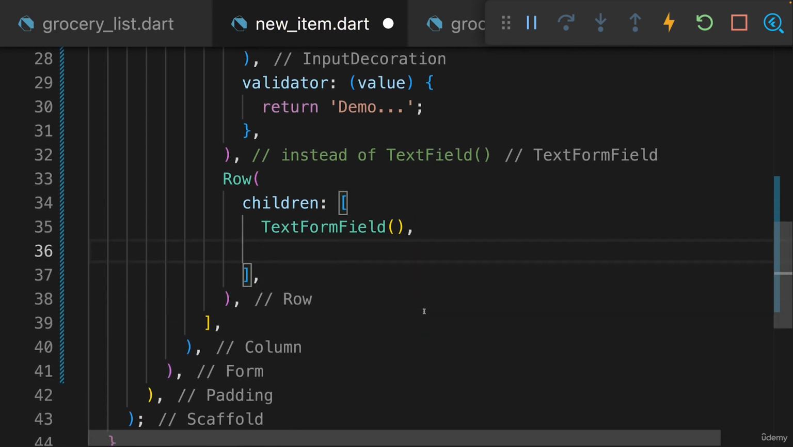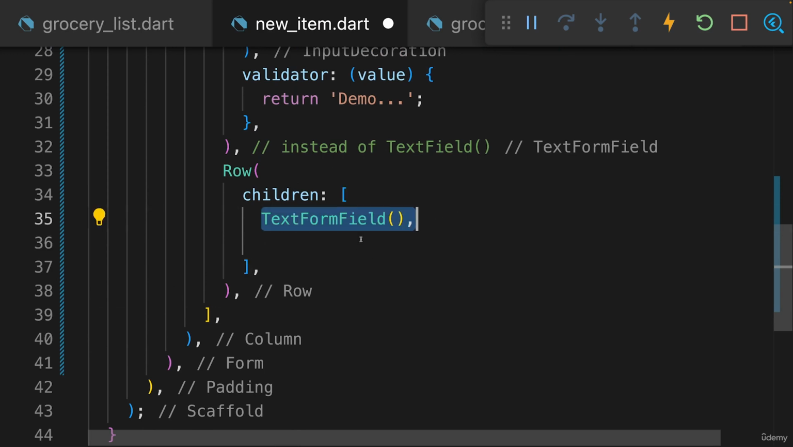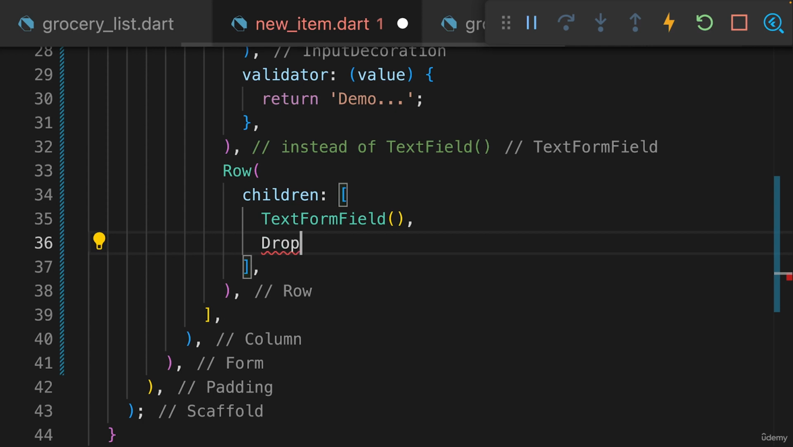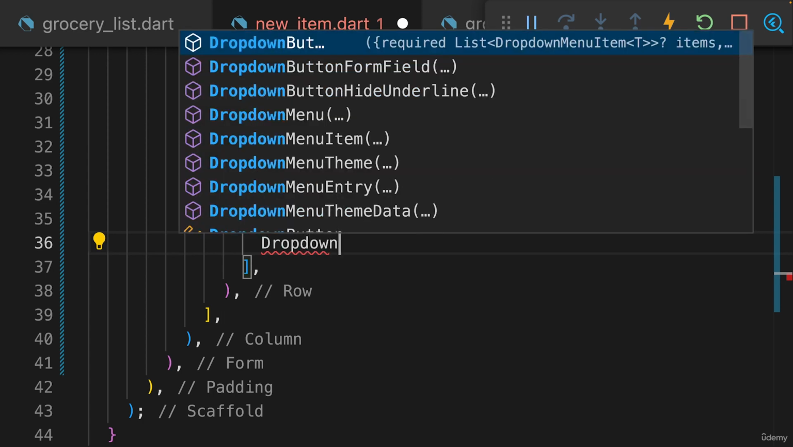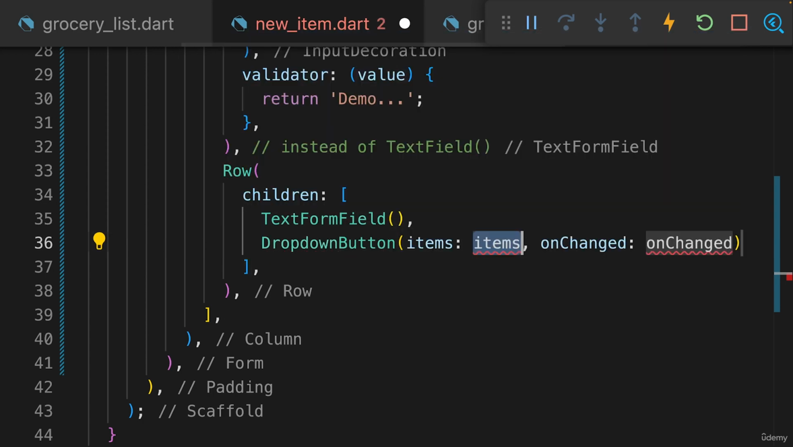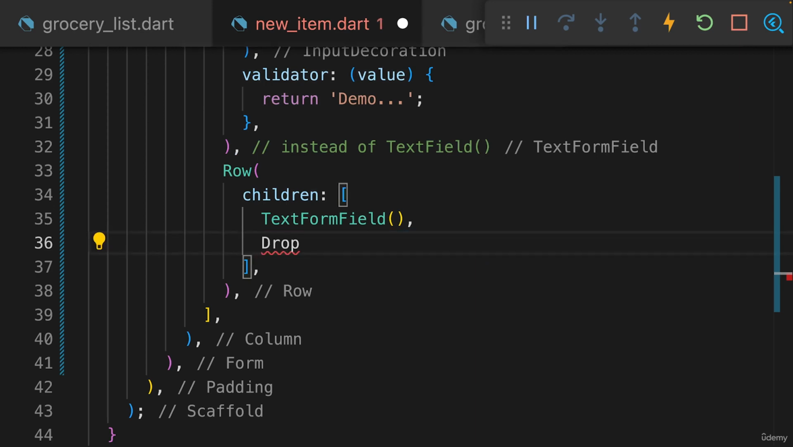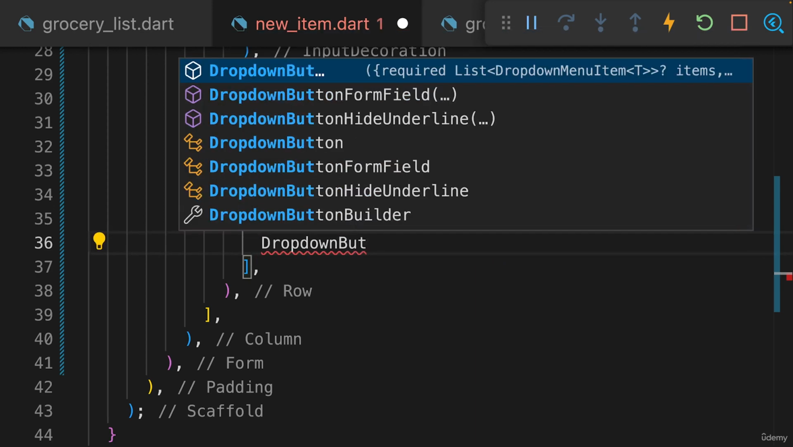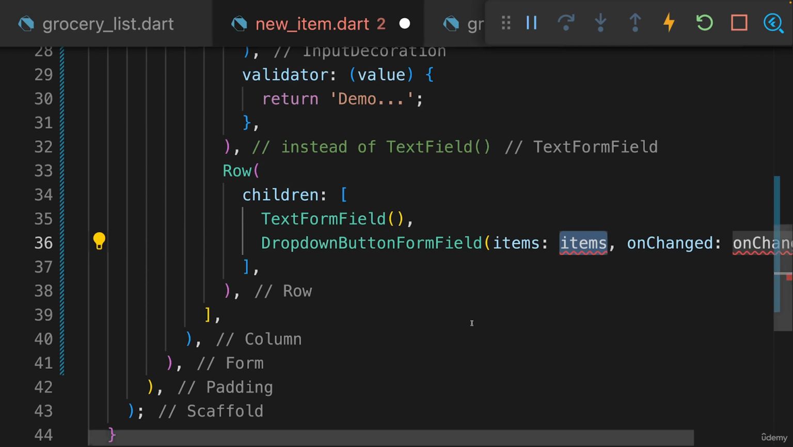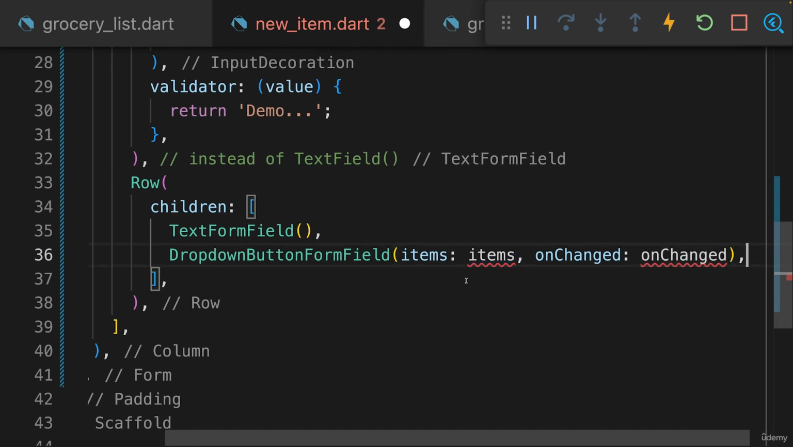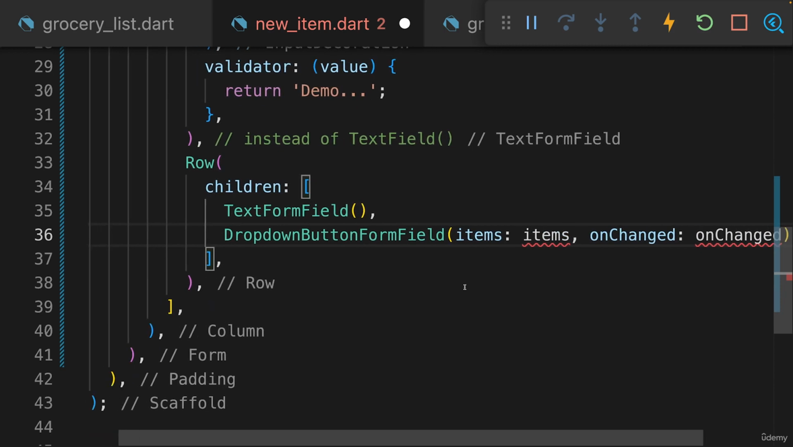And next to that, though we will of course configure this in a second, I want to have a drop-down button which can be used for choosing a category. And here we don't want to use the regular drop-down button, but instead we want to use the drop-down button form field, which again is the form-specific version of this drop-down button widget that adds extra form-specific features or